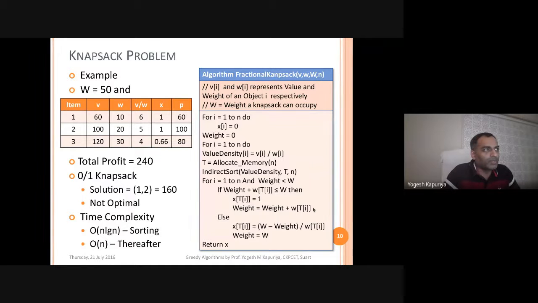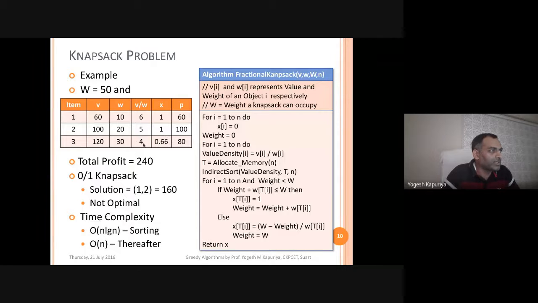So basically, we are computing the value of x. Now x will be either 1 or 0 or any value between 0 and 1, as this is a fractional knapsack. If you traverse through this, initially your weight or capacity is 50. You will select the first item, the remaining weight is 10. So this item will be selected entirely, so 1. Then the next weight is 20. Current weight was 10. 10 plus 20 is 30. 30 is less than 50. So that's why this will be selected entirely as per this condition. So again, x of that item is 1.